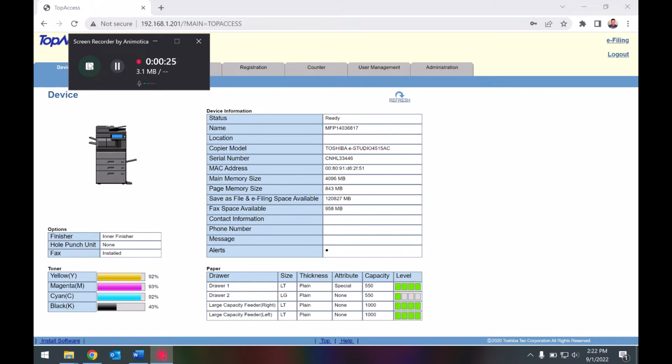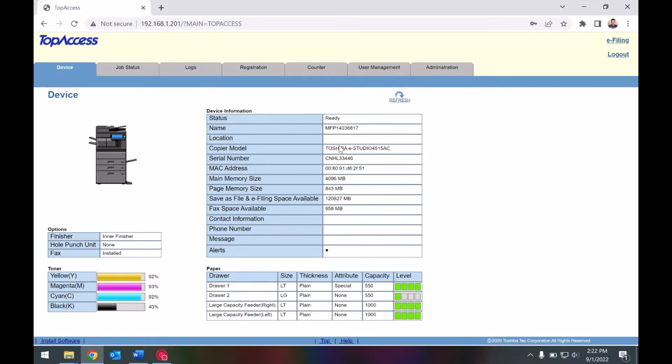But I think you'll get a great idea of what I'm putting together for you here, to show you how easy it is to send a fax from a computer and have the confirmation report, success or failure, go into a folder of your choice as a PDF file. So what I did was, before we get into the copier interface that you see here,